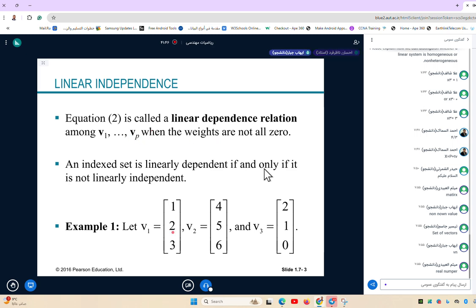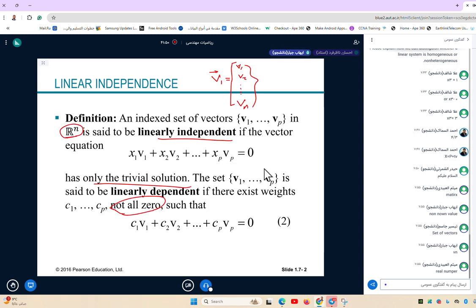Could you repeat that, Doctor, please? Repeat. Yes, just the last note. Okay, so again,